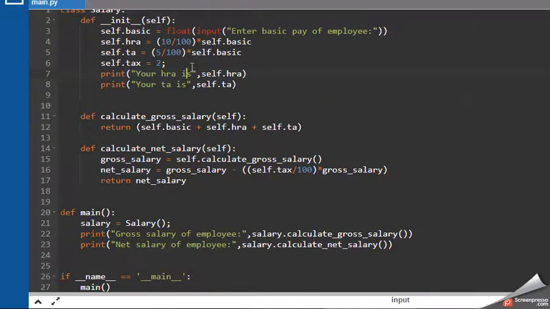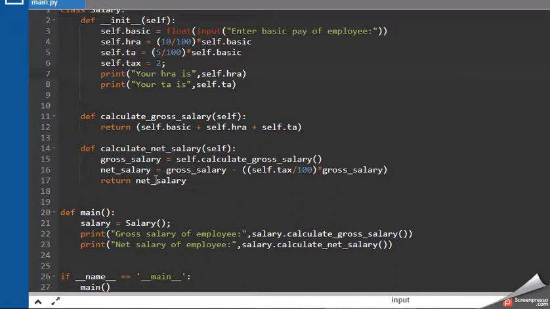Then net payable salary. How can that net payable salary be calculated? It can be calculated by the formula that we have defined here: gross salary will be stored from self.calculate_gross_salary, and net salary will be calculated as gross salary minus 2% of your gross salary.